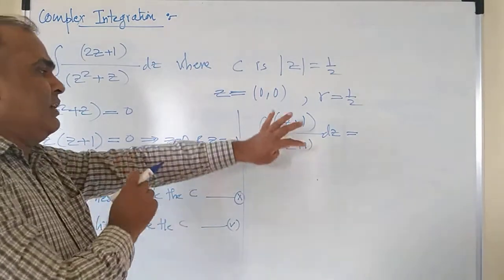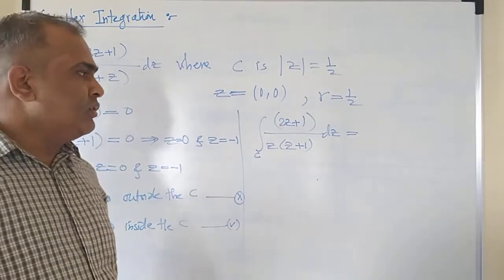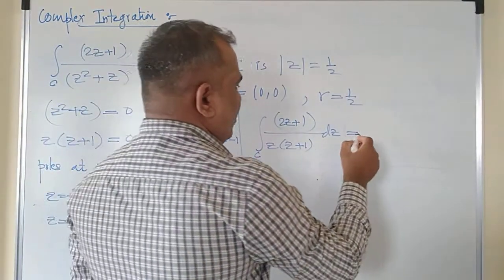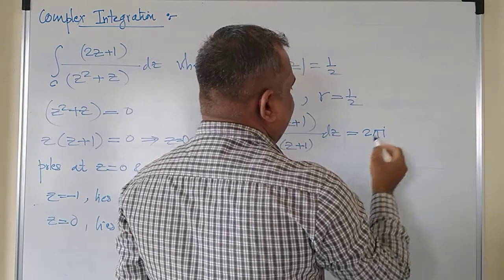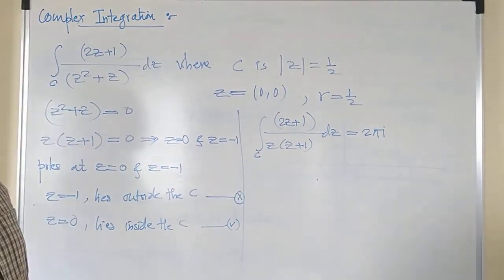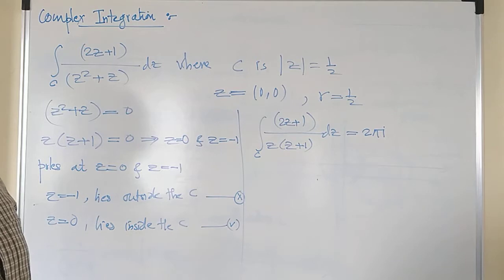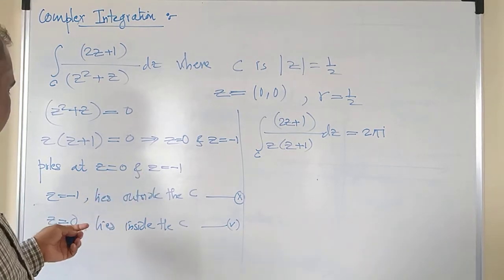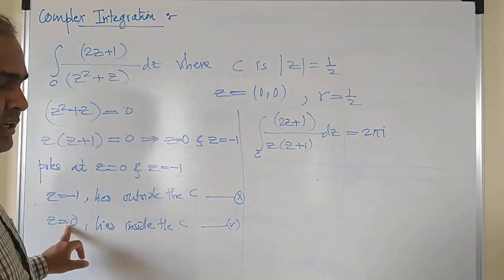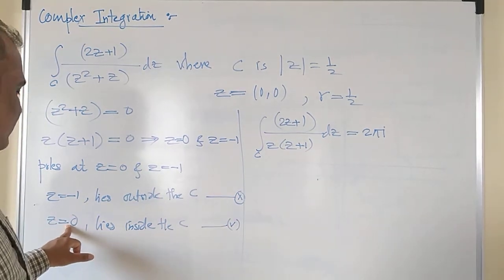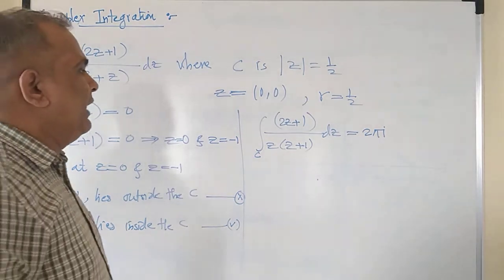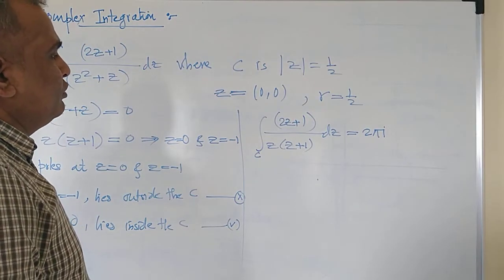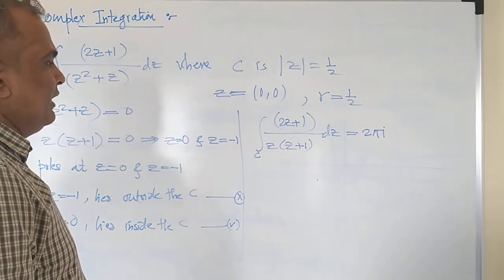Now what is the formula? This is f of z, right? So what is its formula? It is equal to 2 pi I into f of a. Now f of a means what? This is equal to 2 pi I into f of a. So you should put the values of a. A is a point which lies inside the contour, where the point is a singular point, right? So which one lies inside? Z equals a. So you are supposed to solve this problem only for z equals a, and so this integral can be written as 2z plus 1 divided by z plus 1 divided by z.